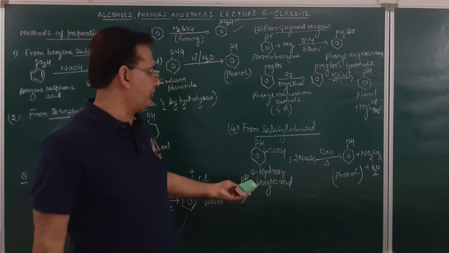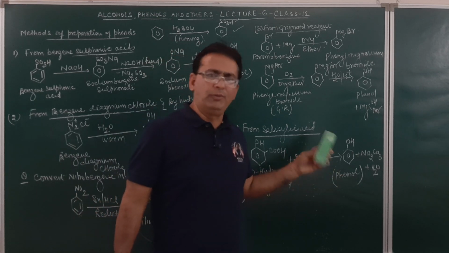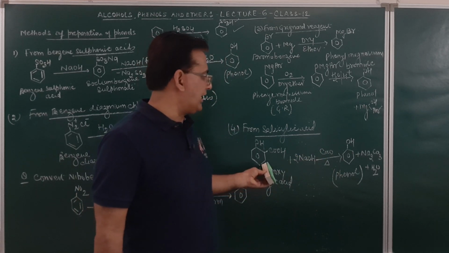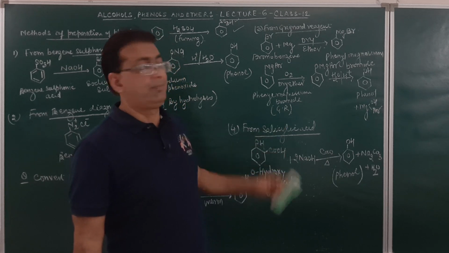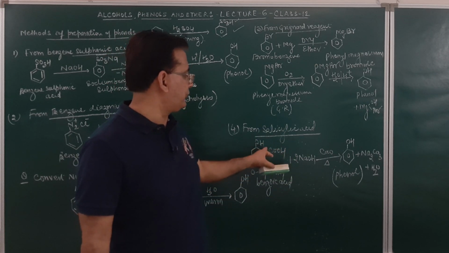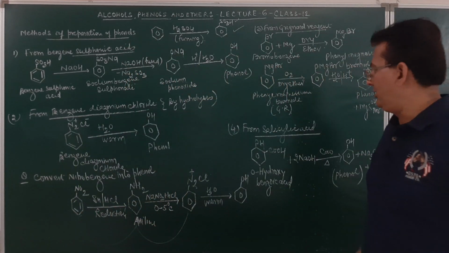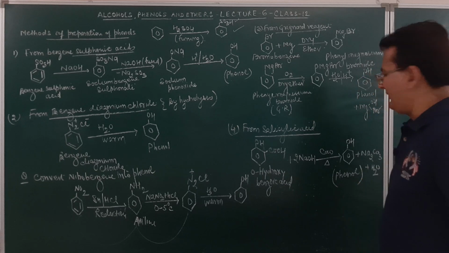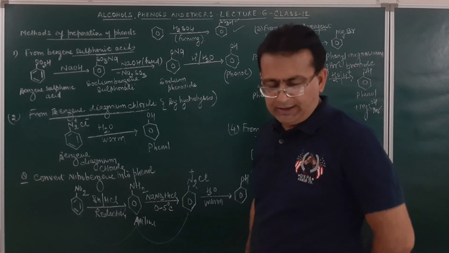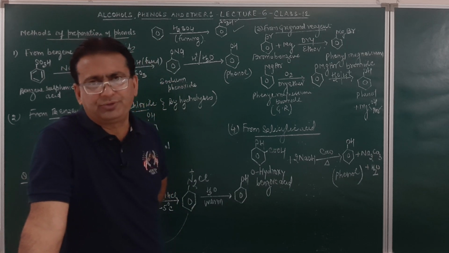So orthohydroxybenzoic acid, when fused with sodium hydroxide, will form phenol molecule. And this is soda lime decarboxylation, a method of preparation of alkane. Just see, Na2CO3 has been given out and this H has shifted to this side. So this is how it can be prepared. Fine. So orthohydroxybenzoic acid can be converted directly into phenol. I think you will be very clear, student.